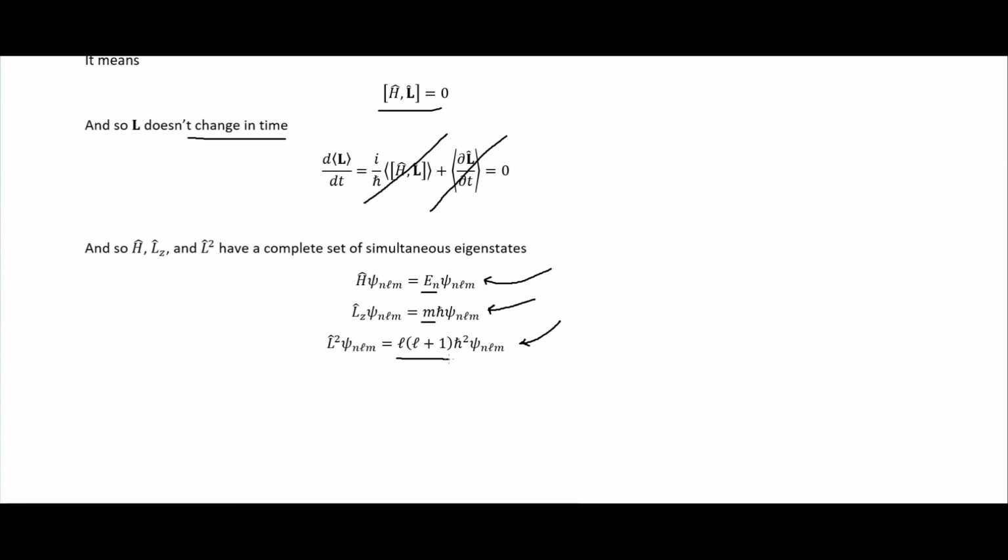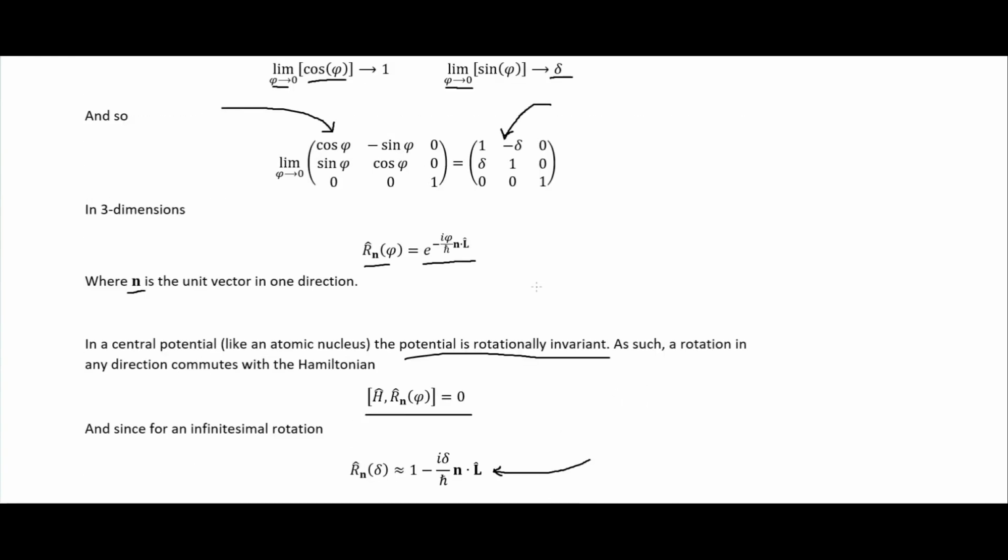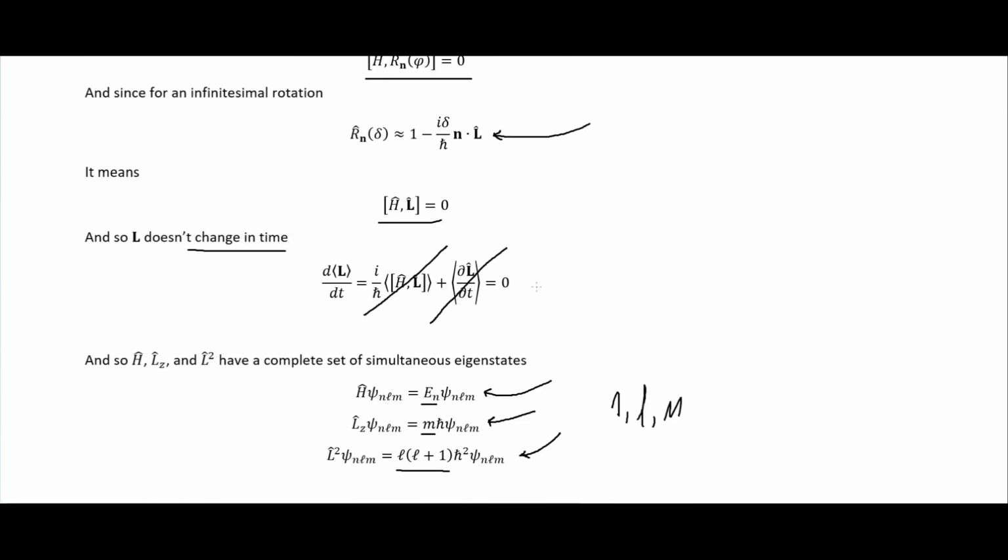And we can know all three of those things at the same time because those are simultaneous eigenstates. And that's where we get our quantum numbers, the N, the L, and the M from, is knowing these three things. But anyway, that is everything I wanted to talk about in this video about the symmetry and